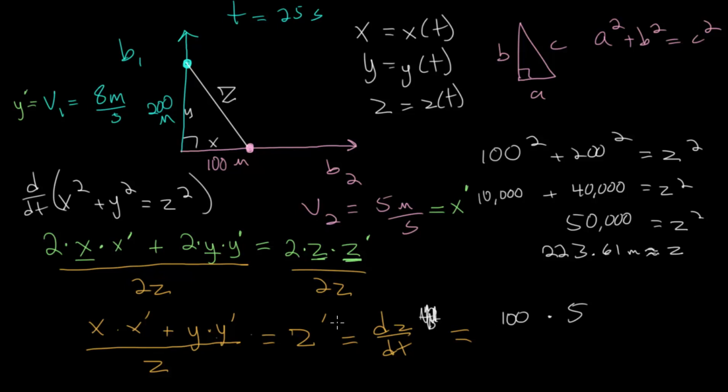So we now plug in for y. We have plus y, which is at 200 meters. Again, this is all at 25 seconds after everything started. The rate of change of y with respect to time is 8. And we divide all of this by the z value, the distance between the two bikers at 25 seconds, which is 223.61. After all of this, we can compute the rate of change of the distance between the two bikers with respect to time. So we can plug everything into our calculator, and our final answer would be